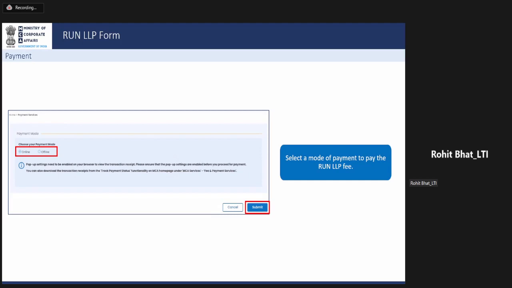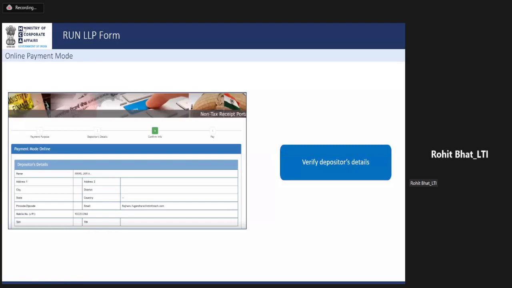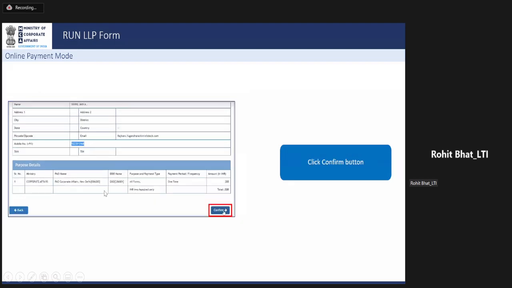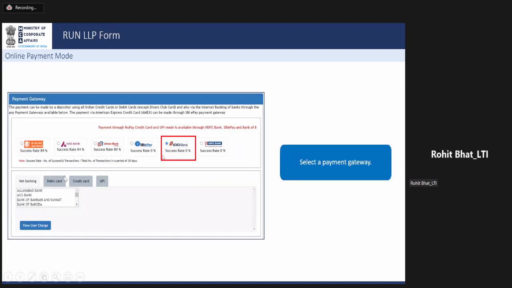Now we have MCA integrated with Bharat Kosh and NTRP, so you'll be redirected to the NTRP portal. The user will get a summary of all the details here, of whosoever is making the payment. So the user ID details, if any professional is making a payment on behalf of any company, they'll be able to see their complete details here. The complete details of the payment will also be shown here. As soon as you click on confirm, the user will be redirected to this particular page where they'll get multiple options to select.